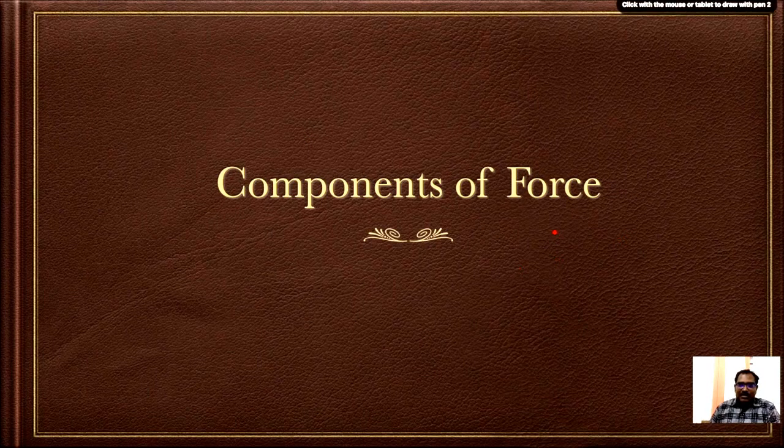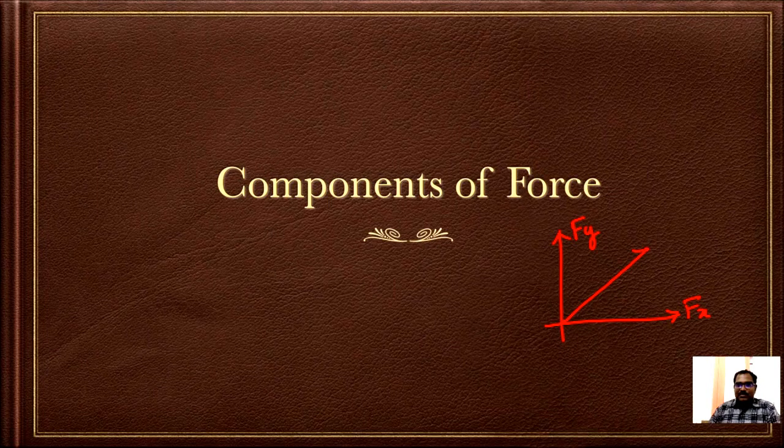So let me take two axes, Fy and Fx, and a force acting with an angle of theta with respect to the horizontal. Please note this point: theta is the angle between the force F and the horizontal axis X. So basically what we have seen is Fx is equal to F cos theta and Fy is equal to F sin